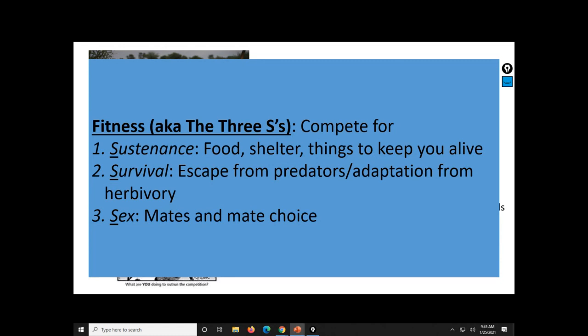Okay, and then lastly, sex, my third S. Okay, being more likely to get a mate. If one of our goals just straight up is being able to pass on your genes, being able to pick up a mate and do that is going to confer some kind of advantage, right? So red coloration in birds, right? The ladies love it. Okay, complicated dances and songs. Okay, lots of species have that business going on. So any of those things that are going to make you more successful.